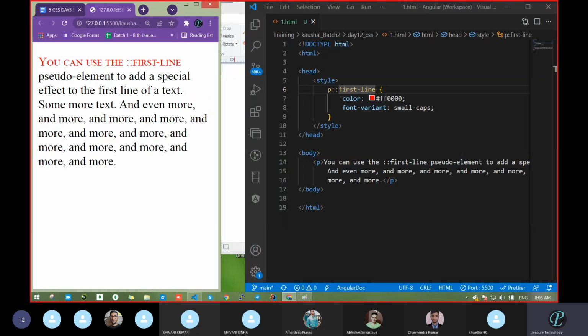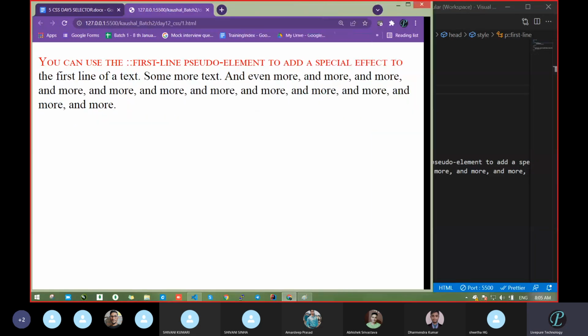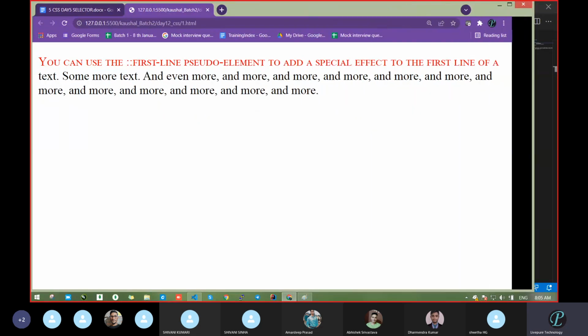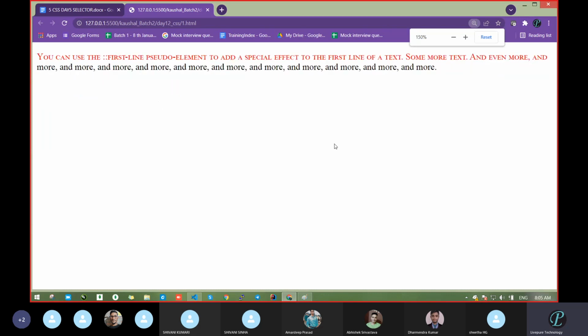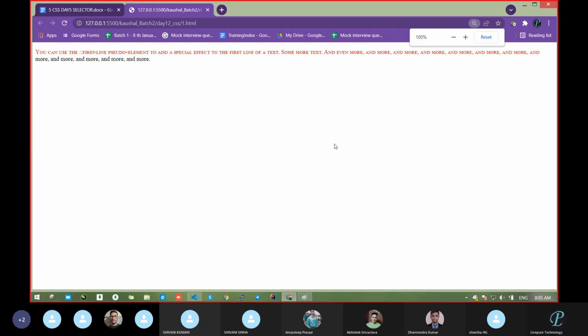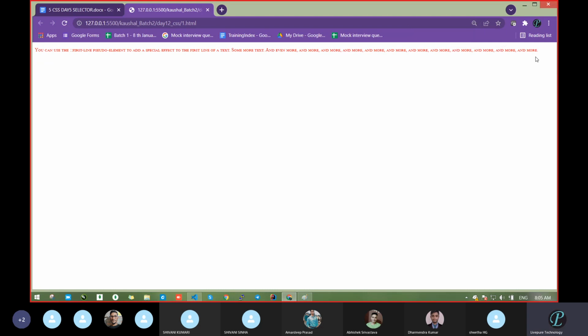Okay, reduce this. This is the last reduce. Previously we were getting the first line up to here, up to two, I think. Now it came up to here. Means whatever first line comes in the browser will be affected. So see, when I zoom in, all becomes the first line, and that's why all becomes red.